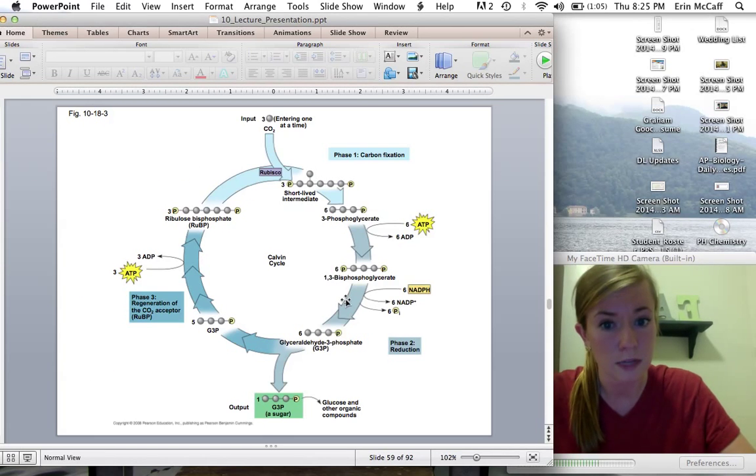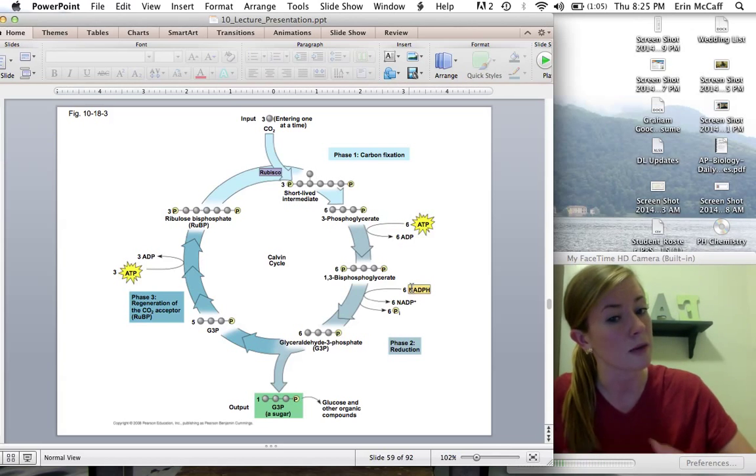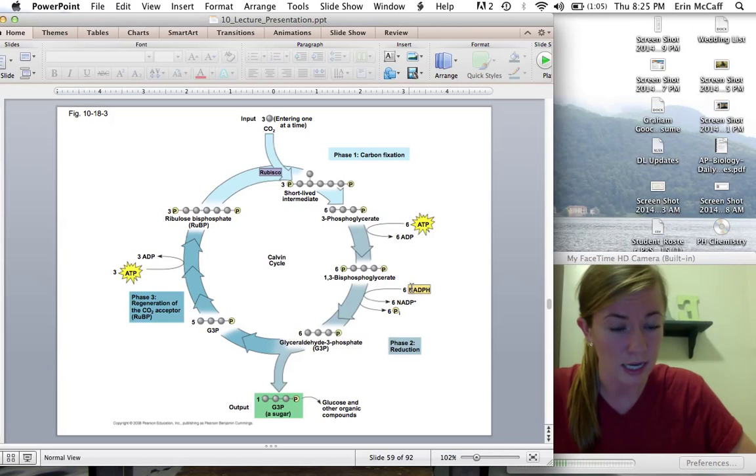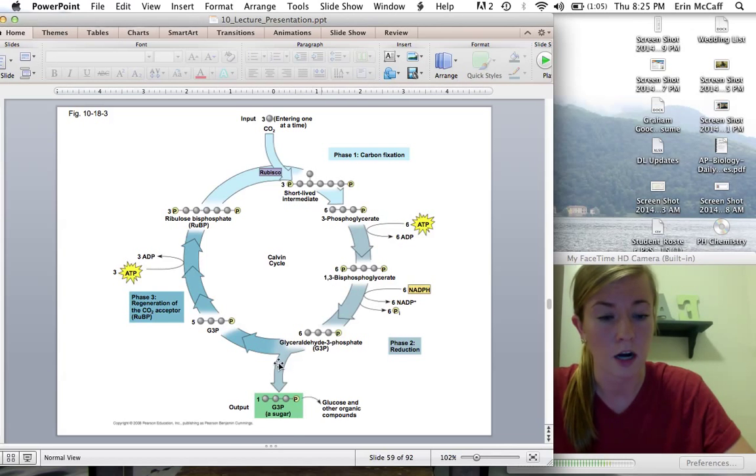And the reason that we need to do this is because the Calvin cycle itself uses 9 ATP and only 6 NADPH. So we need to switch the pathway in order to make more ATP to allow for the Calvin cycle to efficiently make our organic molecules, our G3P, which will eventually become